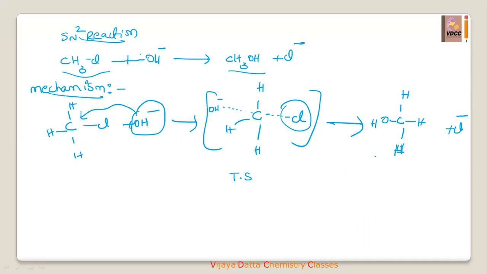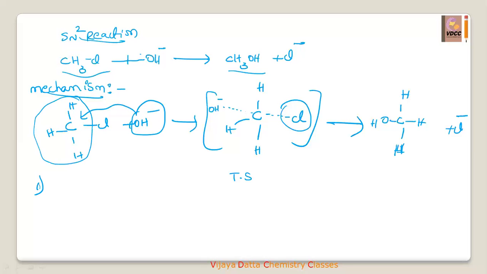You can ask the question here, why did we write 2? Yes, I am coming to the point. The number one point we have to remember here, it is in this mechanism, chlorine is replaced by OH minus by inversion of configuration. What is the product here? Stereochemistry. Stereochemistry is very much important here. So the stereochemistry has been the configuration inversion.